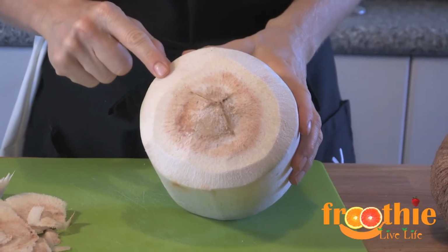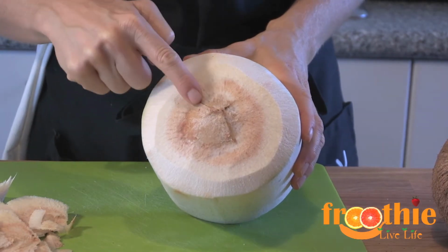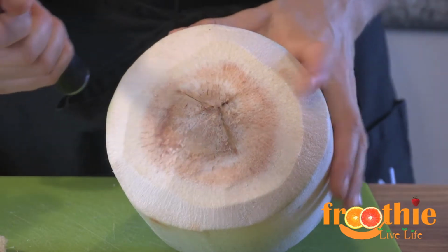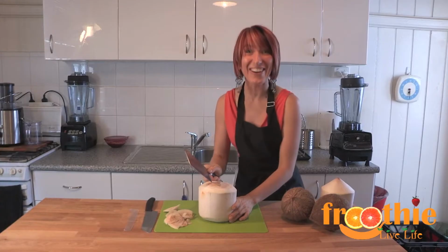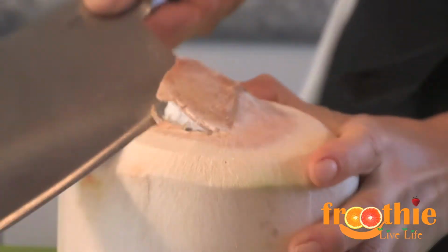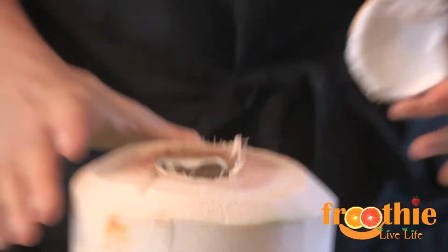If you have a look at the top of the coconut, you'll see that there's a few little cracks or lines. The cracks seem to be quite hard and tough, but the little spaces in between the cracks, that's where you want to hit with the corner of the knife. So we use the corner of the knife into that spot there. Here we go, we're going to smack the coconut and open it. So we do that,